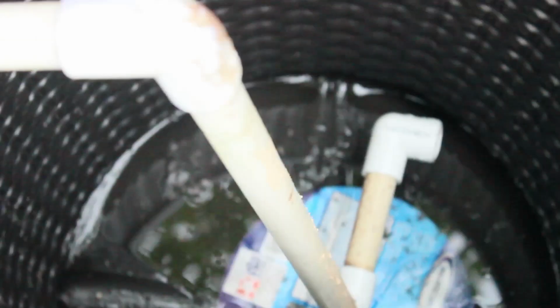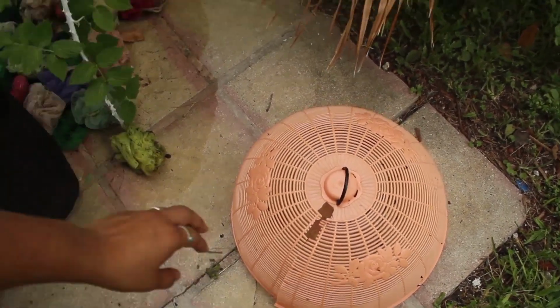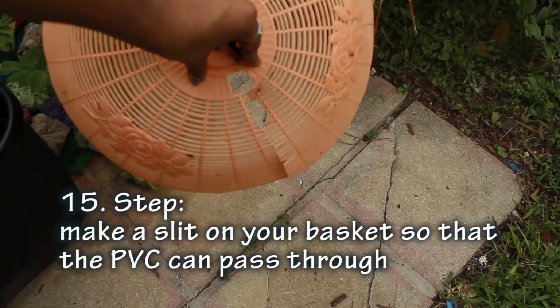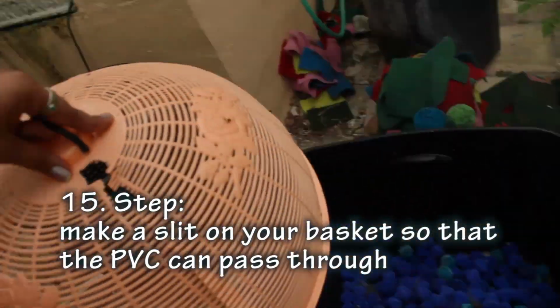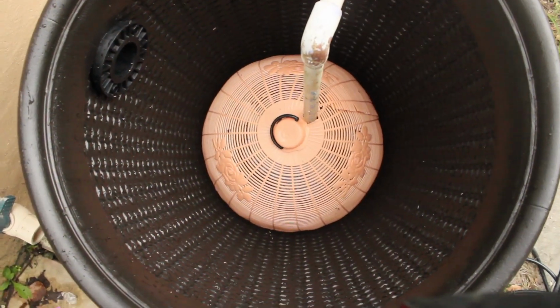Okay, so this is what we got. We got the PVC connected to these PVCs that are going to go down. Okay, so you're going to need a basket. I'm gonna make a slit, a little hole here so the tube goes in through. I'm gonna be adding this inside. Okay, so my basket's inside,